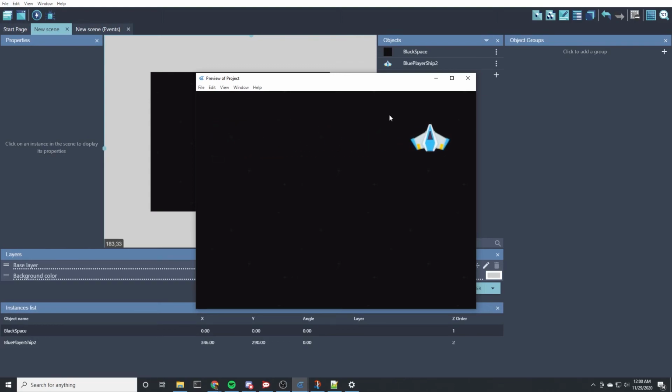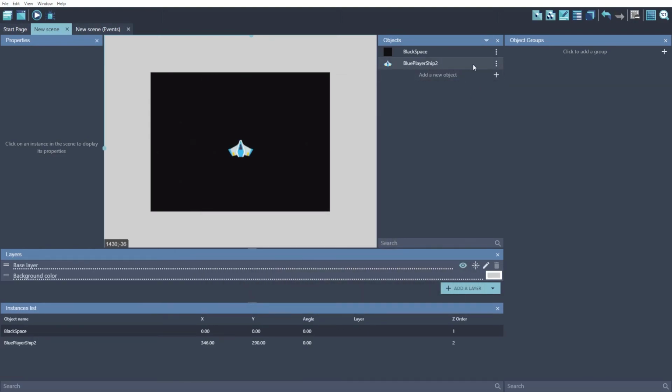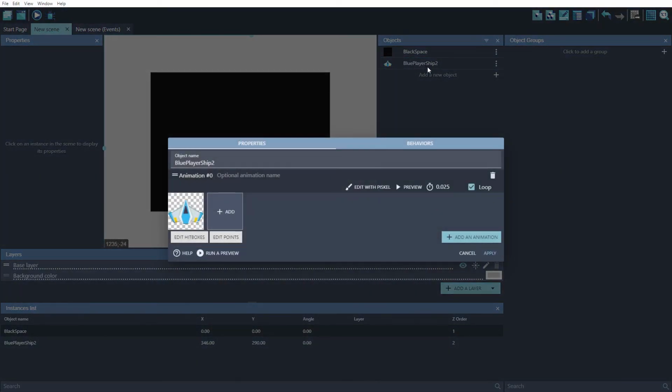It doesn't face the right way. Now this is because GDevelop expects your sprites to start facing to the right. How are we going to fix that? Well, it's super easy. Double click on your player, your ship, and we're going to edit